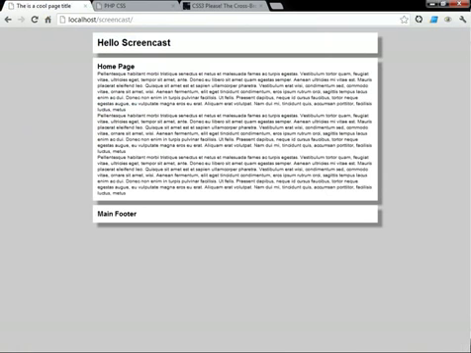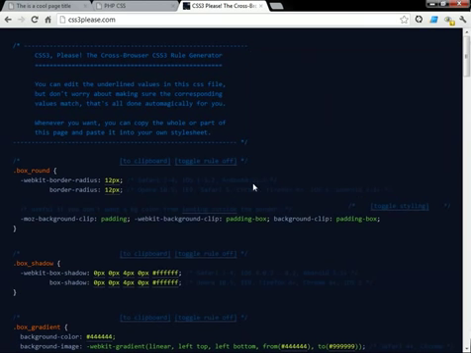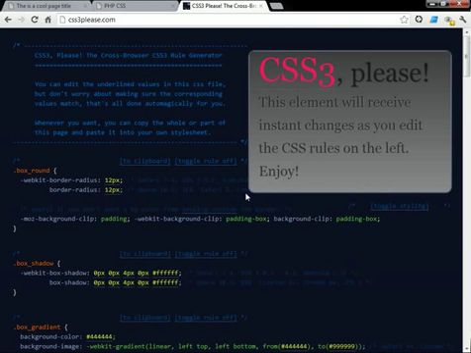let's add some border radius onto it. The border radius, if I show you on this example, you see how the corners curve? That's what border radius does. Which there's two versions of syntax,